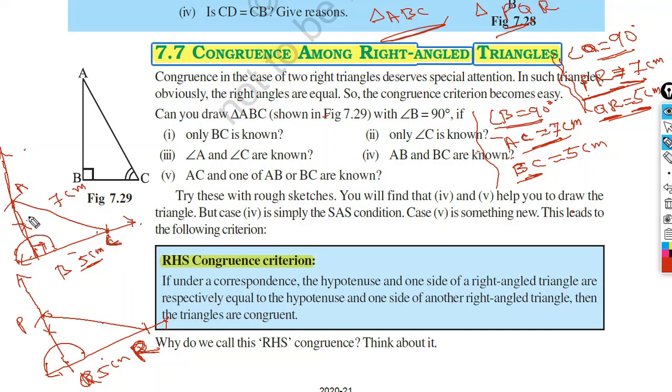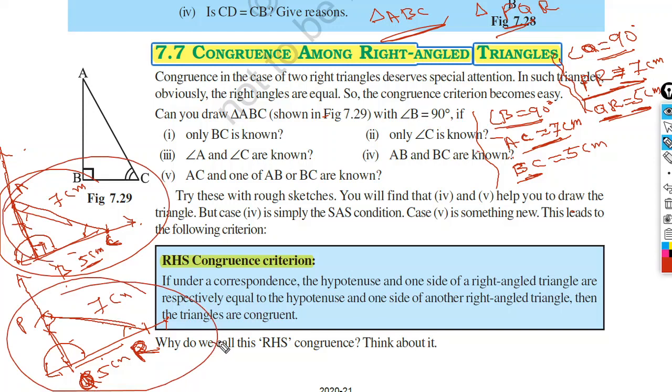So we have two triangles now, PQR and ABC. Now if you compare all the parts, BC to QR, PQ to AB, AC and PR are already 7 cm. Angle B is equal to angle Q, we have already written it. Then you can compare angle C and angle R. You can measure it and compare angle P and angle A. You will see that all the parts of triangle ABC and triangle PQR are the same. Therefore, you can say triangle ABC is congruent to triangle PQR, and the criterion is RHS.